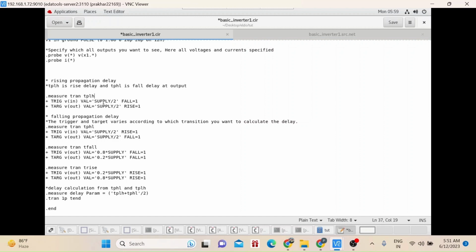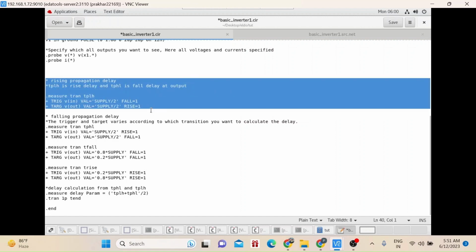Whenever it reaches 50% of VDD, I will trigger, and then I will target my output when it is rising from 0 to VDD, because the inverter output is inverted. So on the rising edge, 0 to VDD, whenever it reaches 50% of the rise, I will target it. So with the help of this measure command, I have calculated my rise propagation delay.